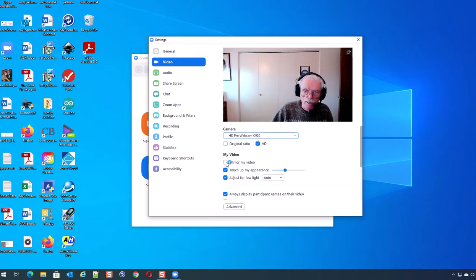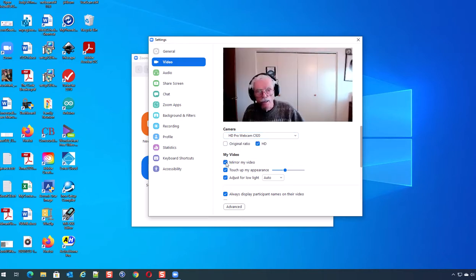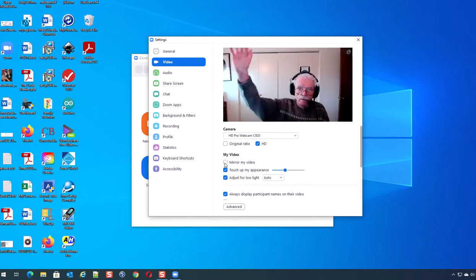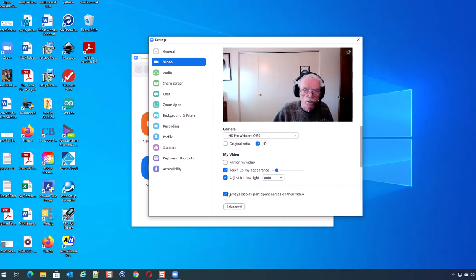So this one down here is of interest. If you click on that, then if I raise my right hand, it looks right to me, as it does, and it looks like I'm looking at myself in the mirror while shaving. If I unclick it, then it looks like this, which looks okay to the viewer. So anyway, your choice on that. The touch-up appearance doesn't seem to affect much, so play with it if you will. And the rest of these, I'd recommend these settings, but the audio deserves more attention,